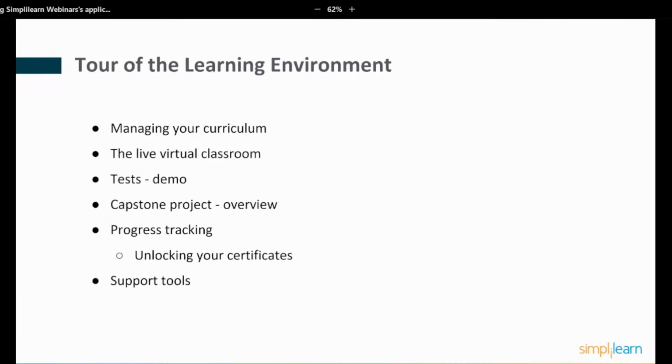So you have to commit to being able to do that program. You also have access to Simplilearn support staff who can help you with either the course material or with technical issues if you have any difficulty using the platform. So all of that is available to you 24/7. That means that other than the scheduled times for the live classes, you can do all of the work on your own schedule at whatever time you have available.